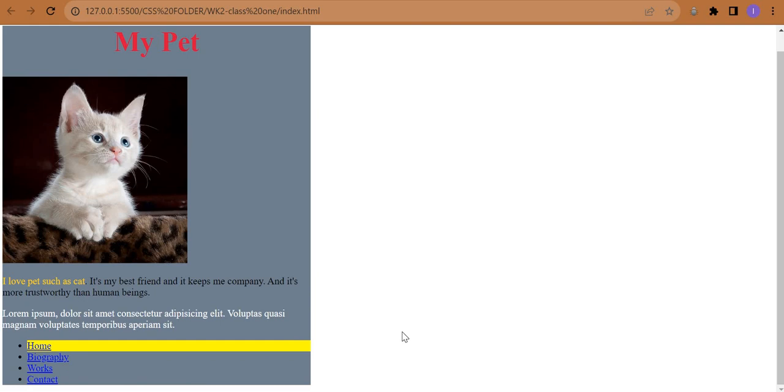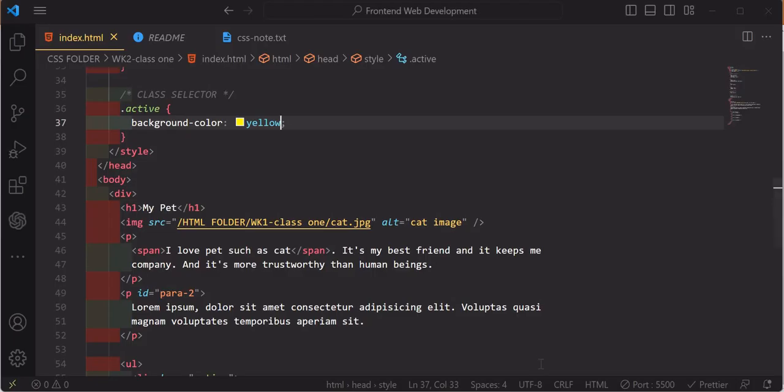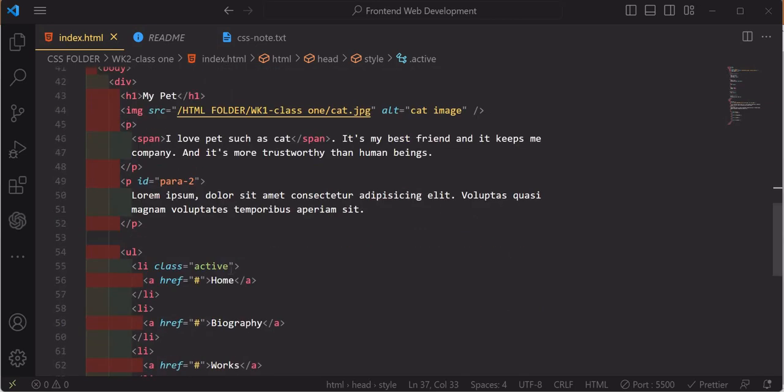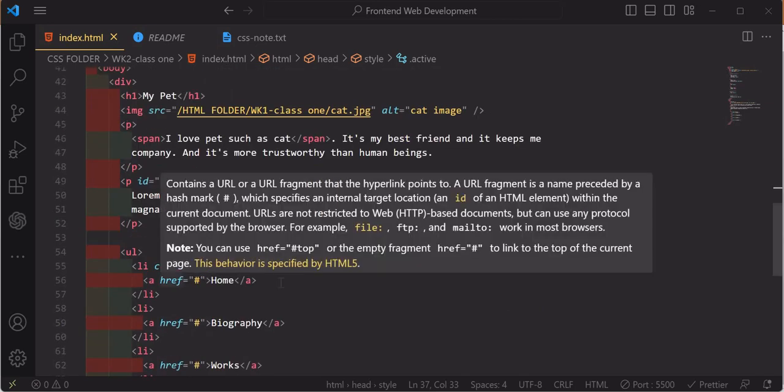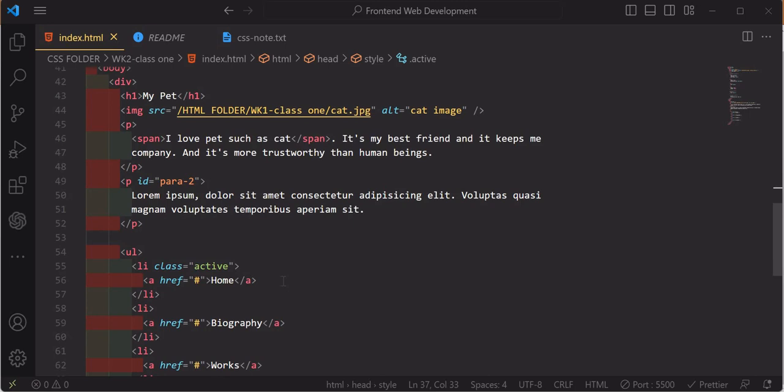Background color of yellow. So that is class name. Now class name and class attribute is entirely different from ID attribute. ID is unique to an element, but a class name, you can apply to any other element. You can apply a class attribute that has the same value to another HTML element,